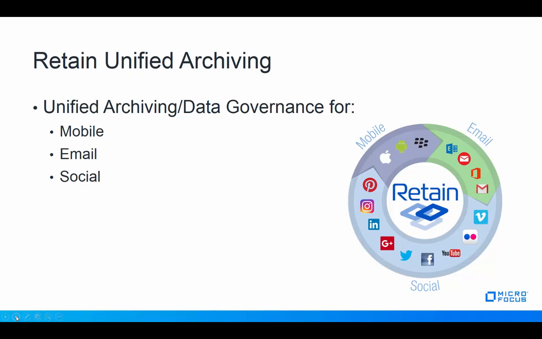GroupWise, Gmail, and now IBM Notes, which was a recent addition. So what Retain does, it can actually archive all of those platforms independently, and it can archive them all at the same time. So if you have a mixed environment, say you're running Exchange and Office 365, or something that's pretty common, you're running Office 365 and Gmail, Retain can archive both of those, and it's archived into the same central archive. And then Retain also archives social media, your corporate social accounts, and like I said, any